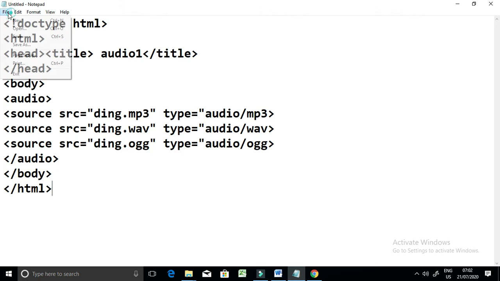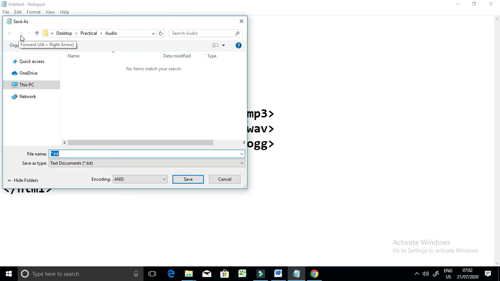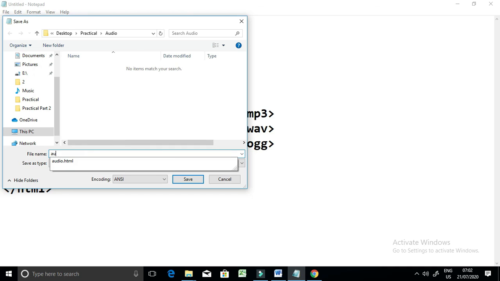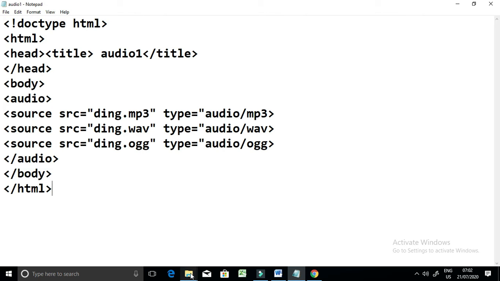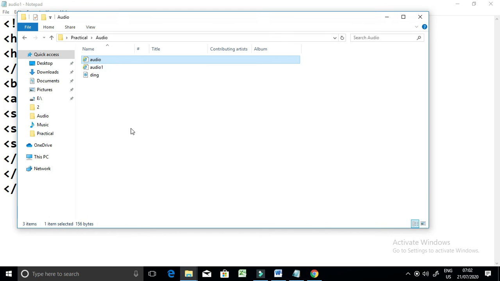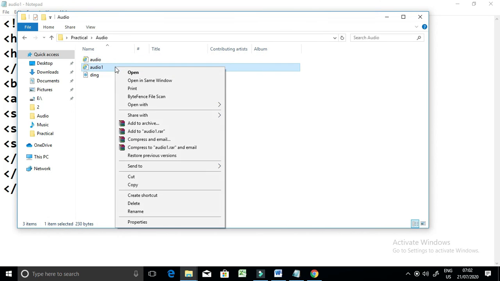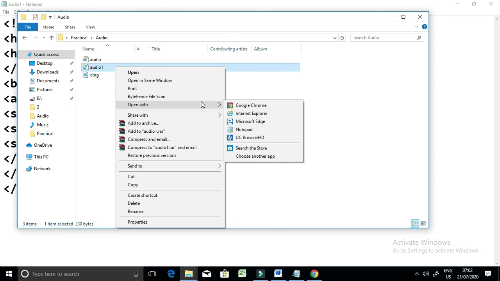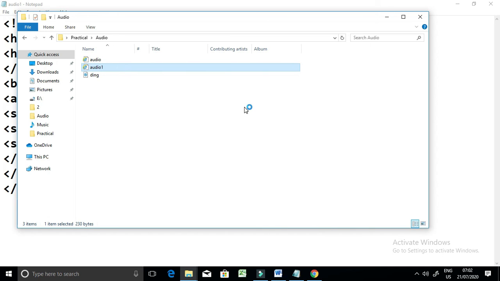Now go to the folder and run the file. You will run the file in the browser Chrome.